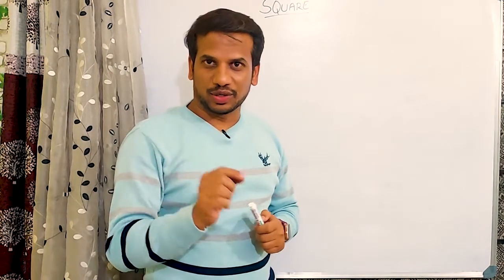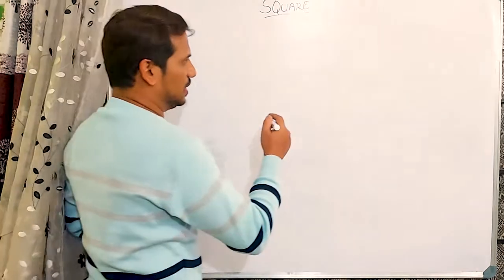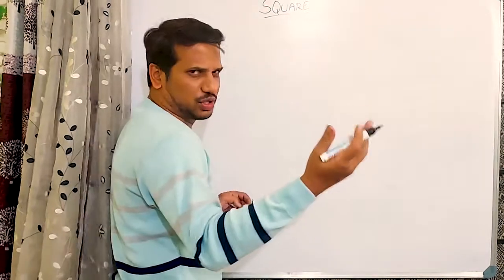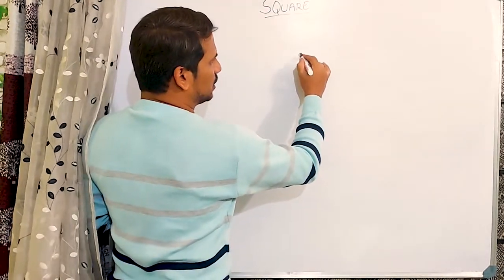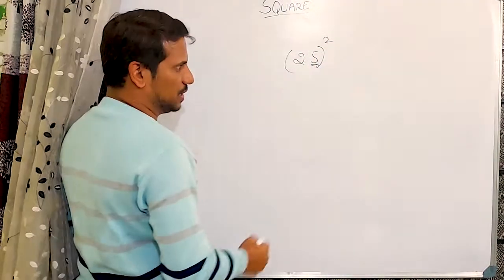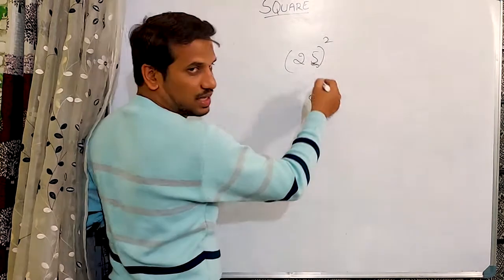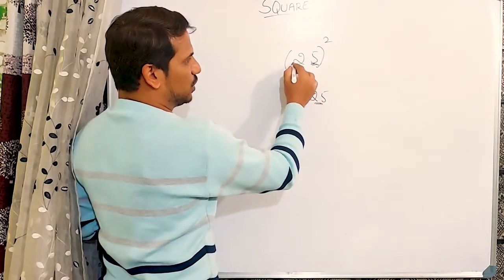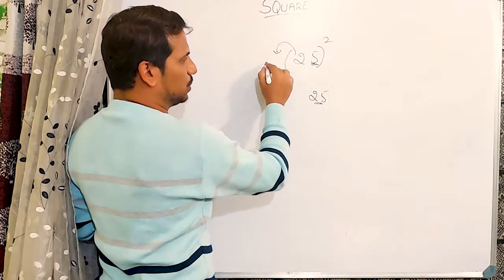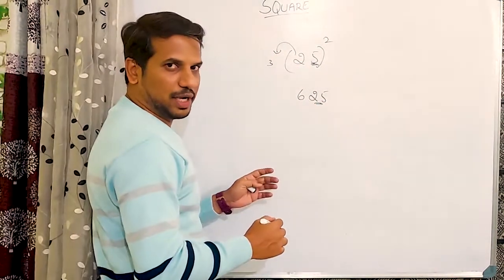Since you have seen the video till now, as an additional tip, I'll give one more trick. I suppose you would have known this earlier as well. Suppose the number ends in 5, to find the square of this number, it's simple. You just need to square the 5, that is 25. And what is the next digit after 2? That is 3. 2 into 3, 6. 625. Can we apply it to other numbers?